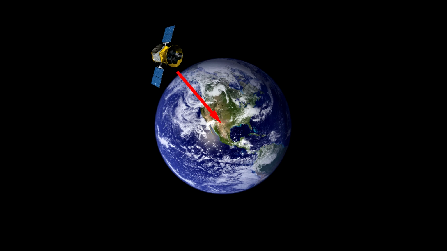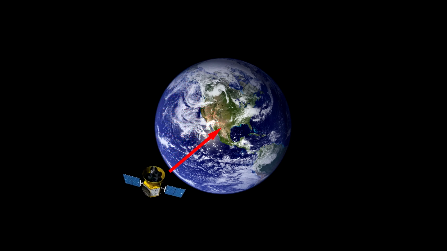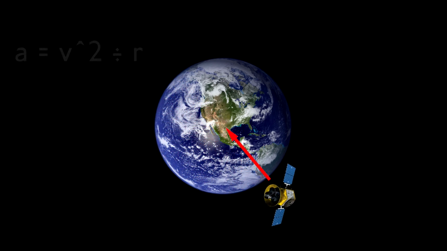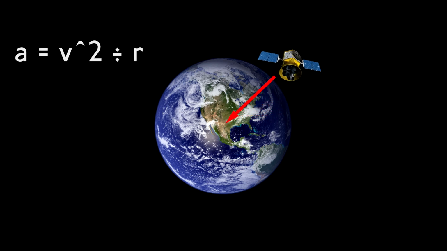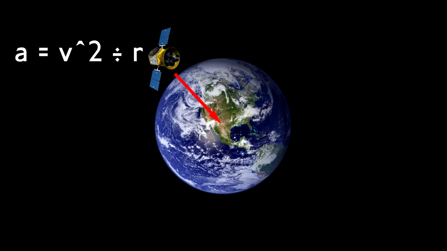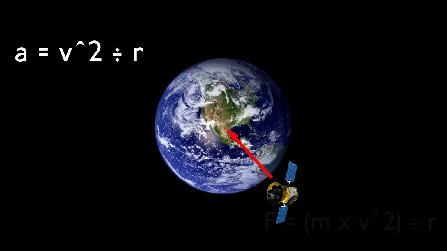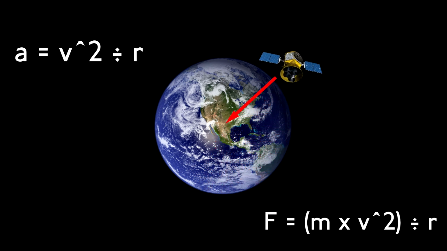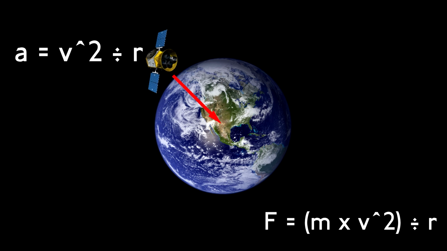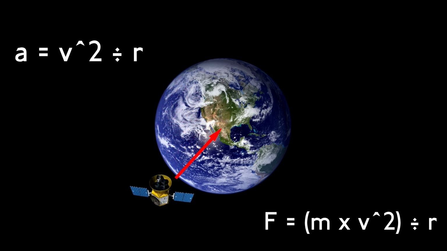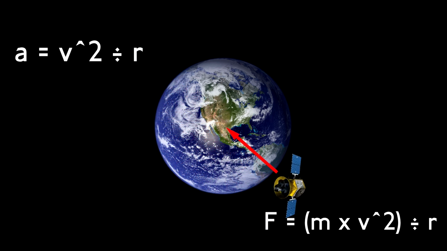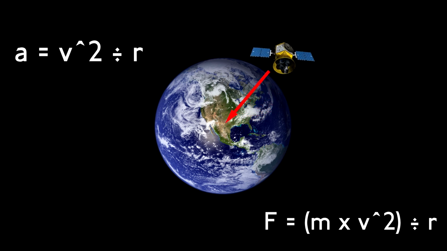We call this centripetal force. It can come in the form of friction, gravity, or tension. The acceleration from this centripetal force can be found by using acceleration is equal to velocity squared divided by the radius. The centripetal force can be found by using force is equal to mass multiplied by velocity squared divided by the radius. That covers the key concepts of circular motion, but who